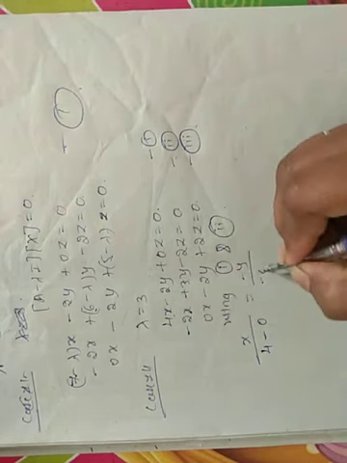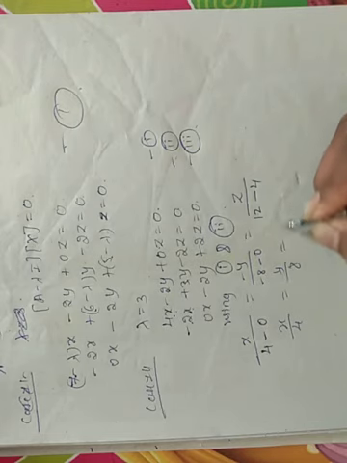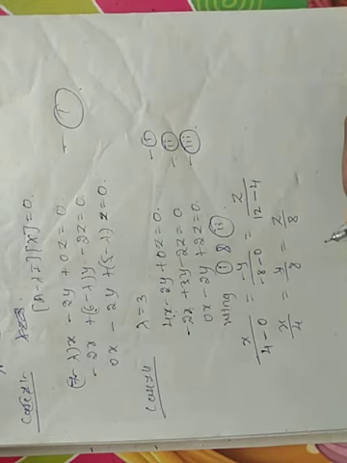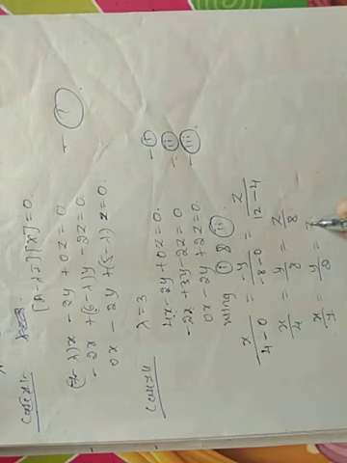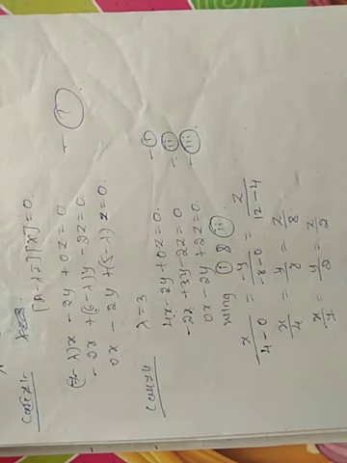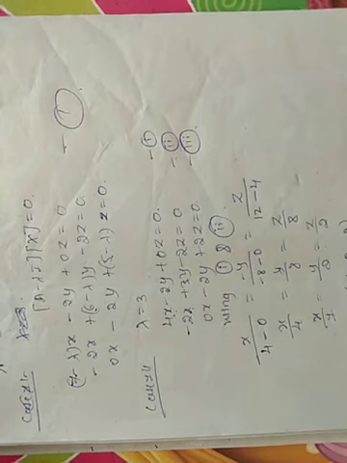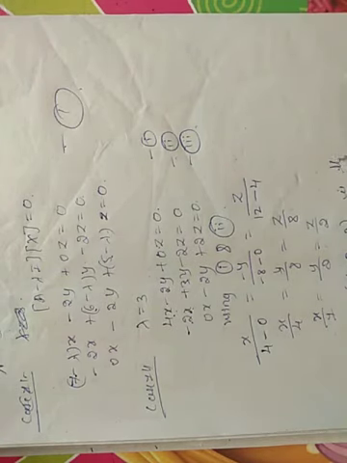Z divided by 4 into 3, 12, minus 2 into minus 2, plus 4. That is x by 4, y by 8, z by 8. Everywhere 4 is common, so take it out and you get x by 1, y by 2, z by 2. Therefore X1 equal to 1, 2, 2 is the eigenvector